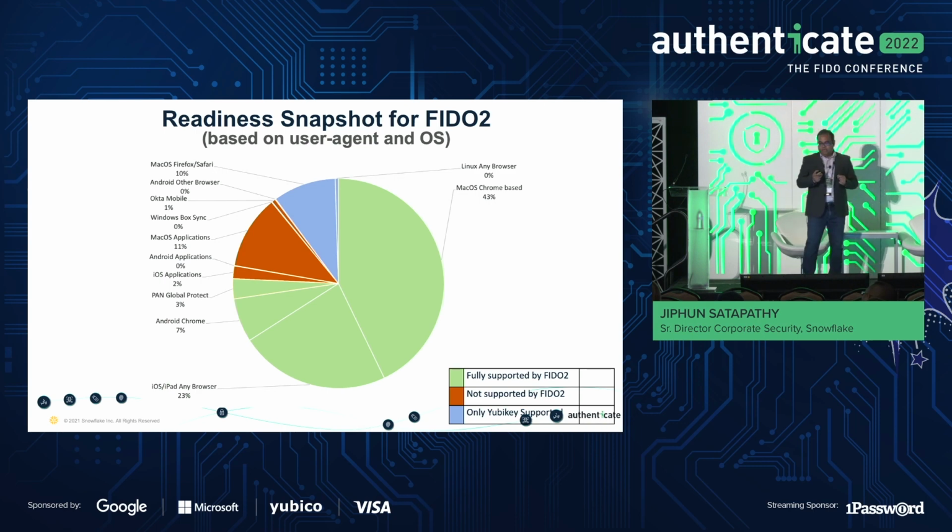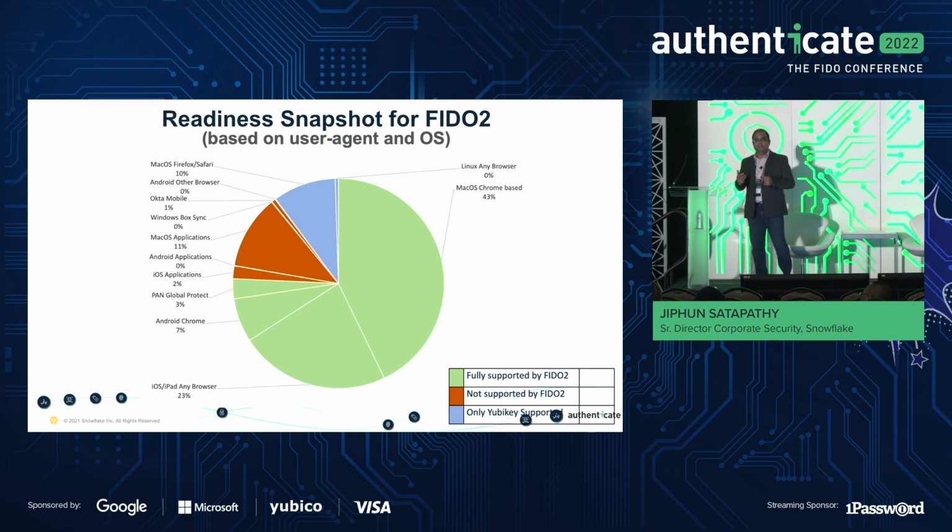We saw about another, how much? About 10-12% where we saw that it has to use an external authenticator instead of an authenticator that is available with the device, because of the Linux operating system or some of the key factors. And then we identified there is about 10-15% of this agent OS combination we will not be able to support. We will not be able to enable that because of the dependency on the application or the operating system.